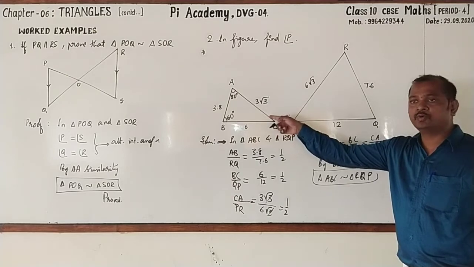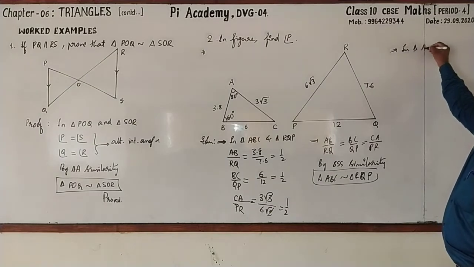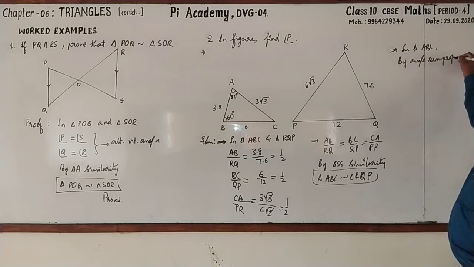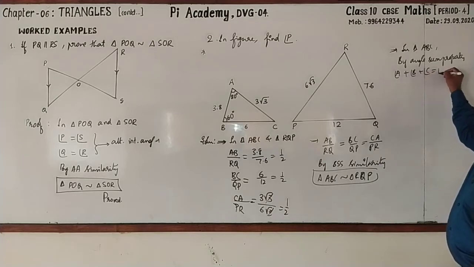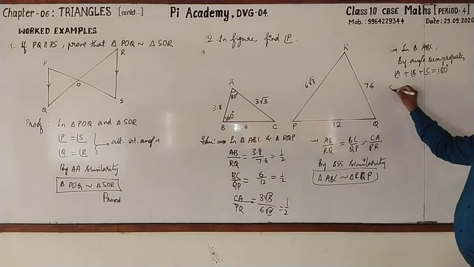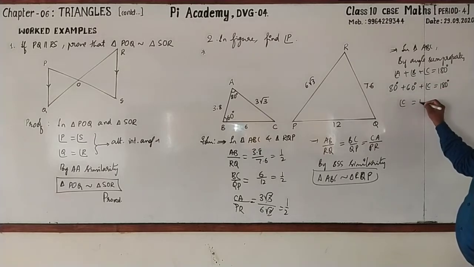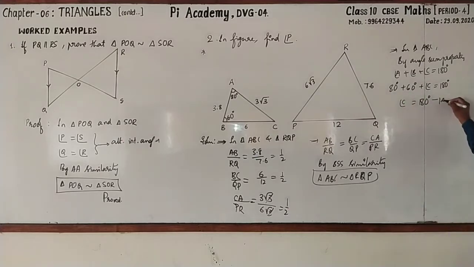Then look at angle P, its corresponding vertex is angle C. Do you know angle C? Unknown. How do you find out angle C? By using the angle sum property. In triangle ABC, by angle sum property, angle A plus B plus C is equal to 180. Where angle A is 80 degrees and B is 60 degrees, then angle C is equal to 180 degrees minus 80 plus 60, which is 140. Transfer that to the right hand side, minus 140. 180 minus 140 is just 40 degrees. Angle C equals 40 degrees.